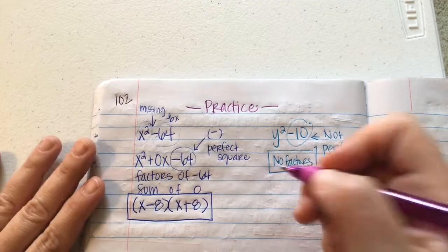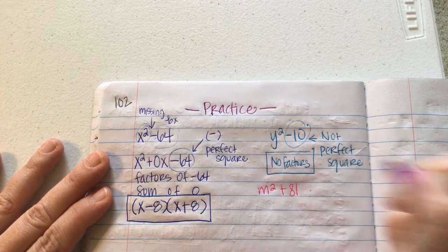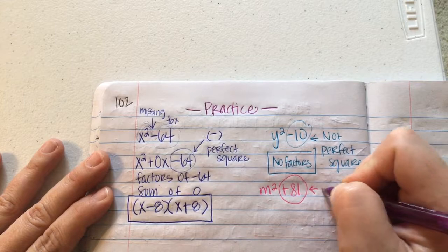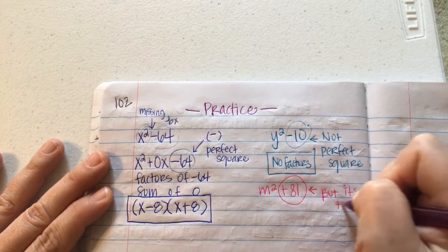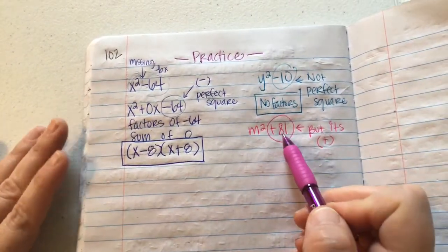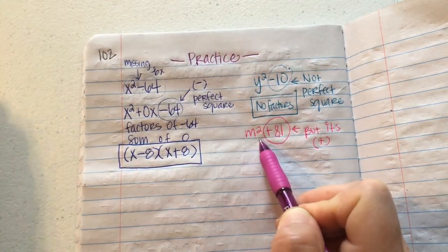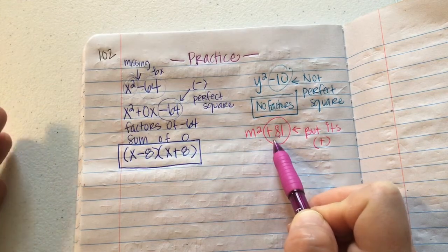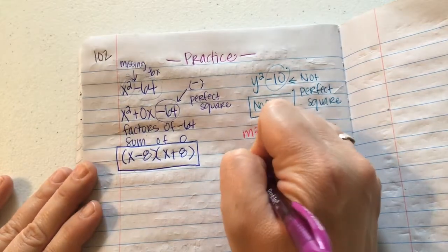If I had m squared plus 81, this is a perfect square, but it's positive. And since it's positive, the factors of 81 are 9 and 9, but there's no way to make 0 with positive 9 and positive 9. You could do negative 9 times negative 9 to get positive 81, but you still can't get 0. So this is no